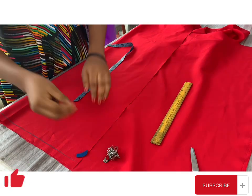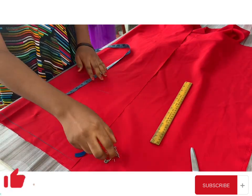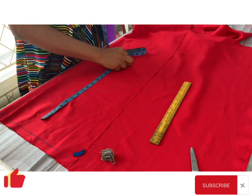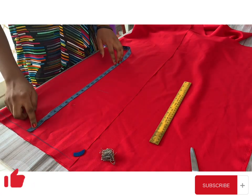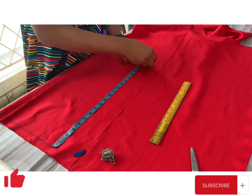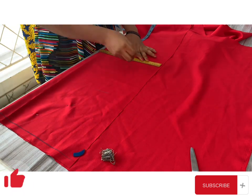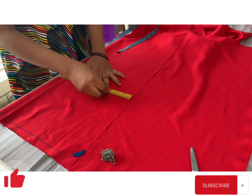So for the upper body you will get a border line, and that is where you start taking your measurement from. My client's half length measurement is 19. I have further added half an inch to it. I'll be rolling that out, and then